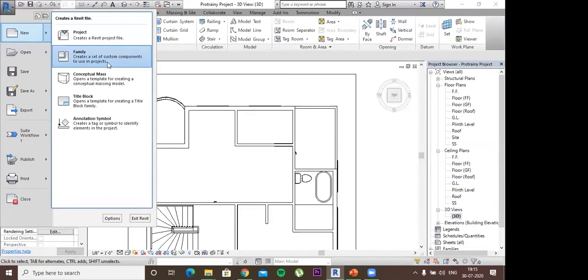Suppose you have created a big table, you want it to export it to different projects, or you might be using it in future, then you can create it directly in the family template. It will open a different Revit file, and it will create a family which you can use in different projects. Okay,